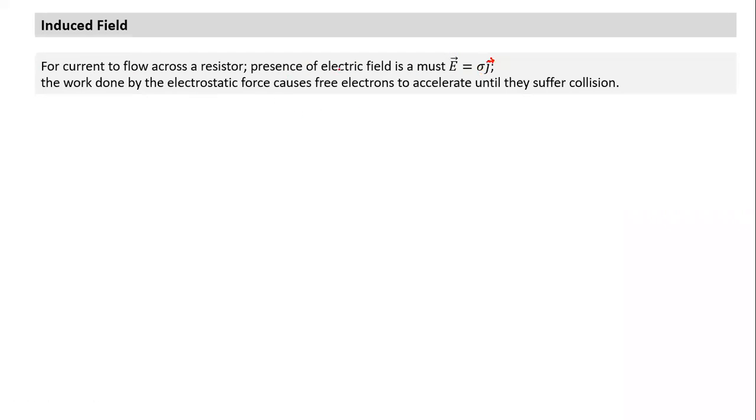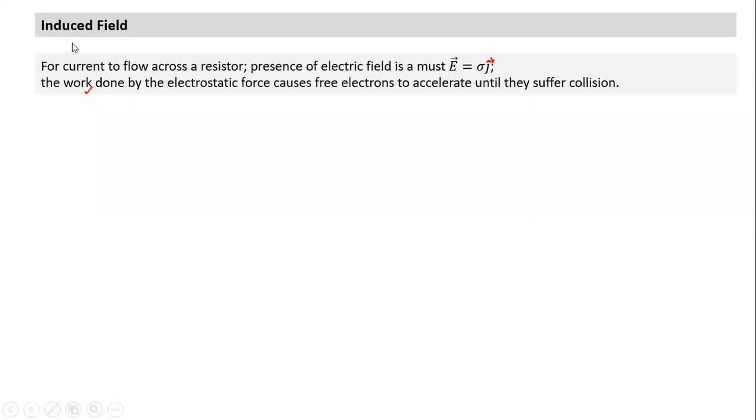Okay, so in this case, what makes the current flow possible? Work is done by the electrostatic force, which causes free electrons to accelerate, and they gain kinetic energy, which they lose when they suffer collision. So here, work is being done by the electrostatic force, and it gets lost in inelastic collisions, and the loss of kinetic energy results in heat energy. That's what typically happens. But what is necessary? Work is done by electrostatic forces. Here also something similar happens, but work is done by a non-conservative force.